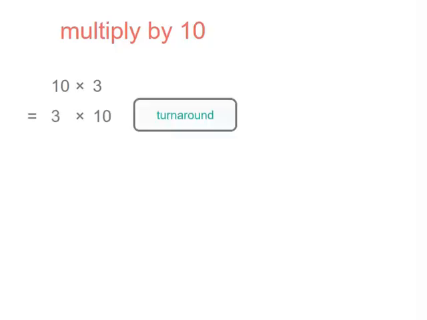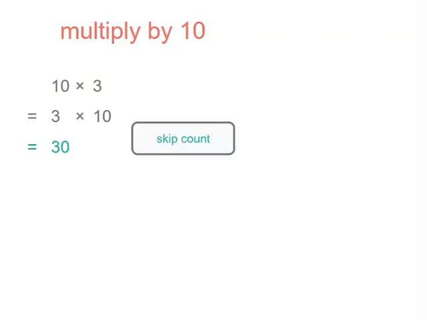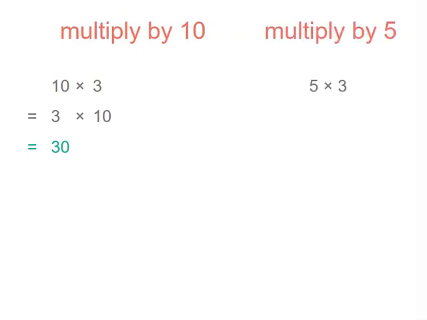10 times 3 is the same as 3 times 10 using turnarounds. And I'm going to skip count 10, 20, 30. Now when I have 10 times 3 and I get 30, if I need to work out 5 times 3, 5 is half of 10, so my answer to 5 times 3 will be half of 10 times 3, or